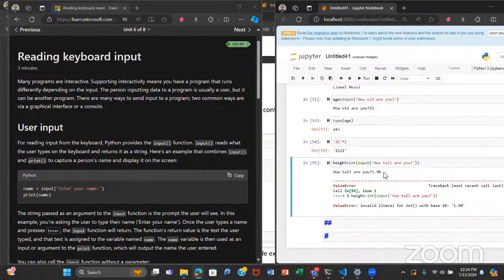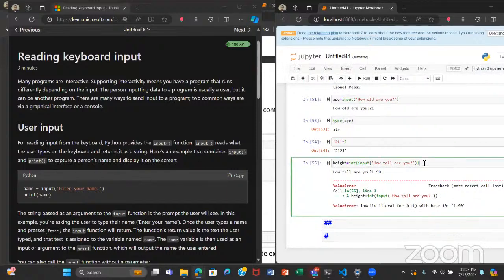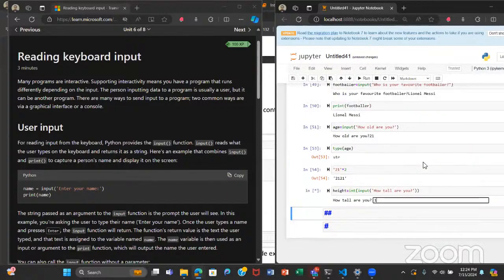So here I put in a floating point number in int, and that gave an error. That's not what I was even trying to do, but it just shows you that it's expecting an int, but you gave it something else.